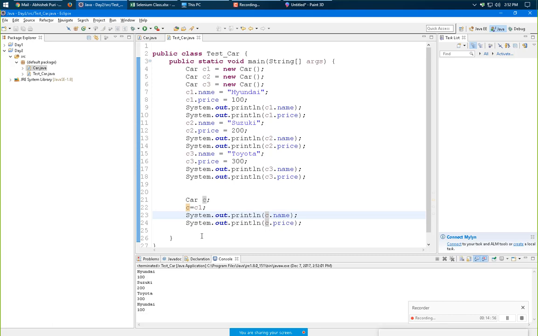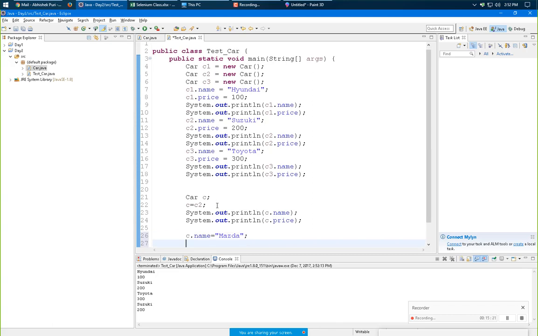Now we can change the object also. Say C2, so it will be using this one. Now if we make any changes here, C dot name equals, say, Mazda.